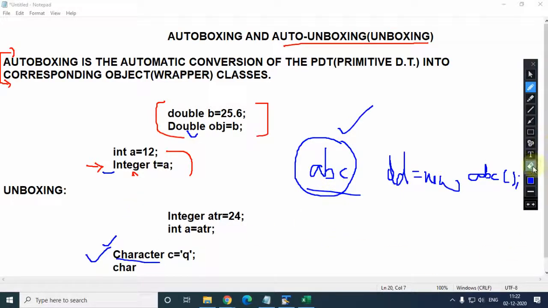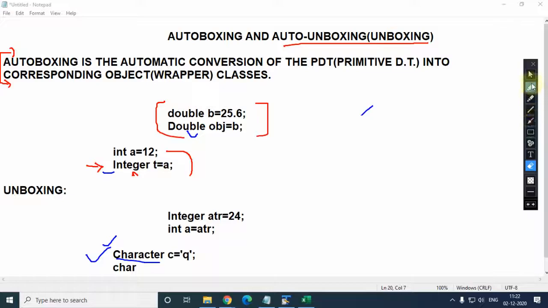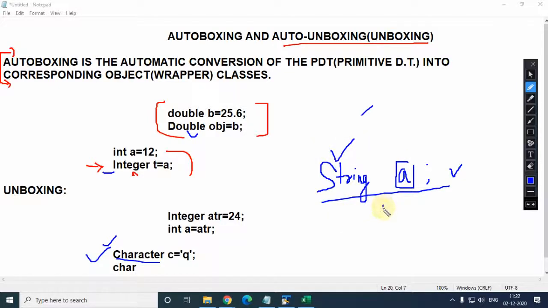Sir, what for string? For string also the same thing. We use String; we have done string so many times. Initially I told you, if you are declaring a variable, you can use this declaration. This is also known as the object using this wrapper class. Apart from this, we can use the other declaration also. This is also the same, but we usually avoid this, in which we were using new. Am I clear?